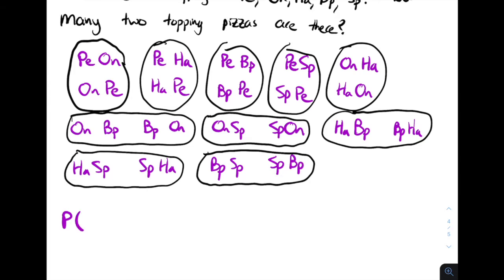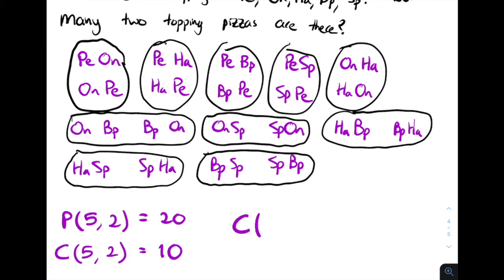By counting, we can see that the number of ways to permute these 5 toppings into just 2 is 20. The number of combinations of 5 objects choosing 2 is 10. So we see 2 things. 1, that the number of combinations is fewer than the number of permutations, using the same n and k. And 2, here, 5 choose 2 equals 5 permute 2